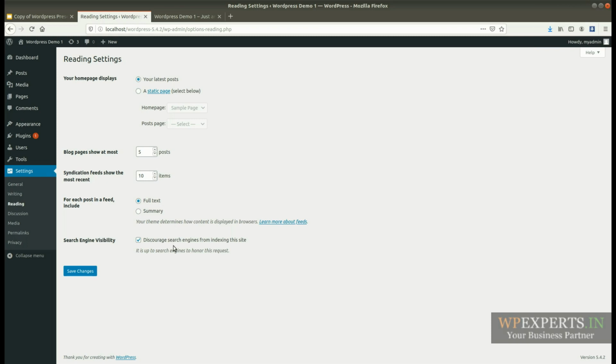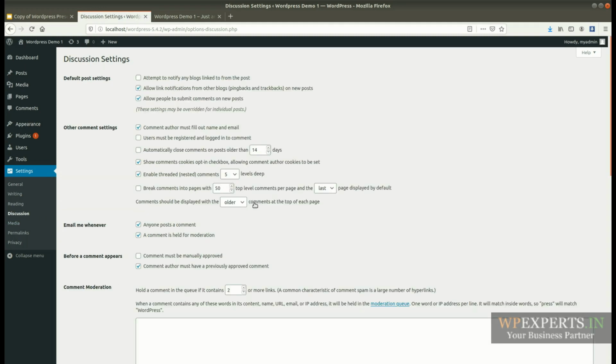So this is the main important setting to exclude your website from the Google search engine until the website officially goes live. Once you go live on your live server, you need to uncheck this checkbox as well. Okay, so it's a very important setting to manage your site in production mode or in testing mode. I hope these settings are clear.